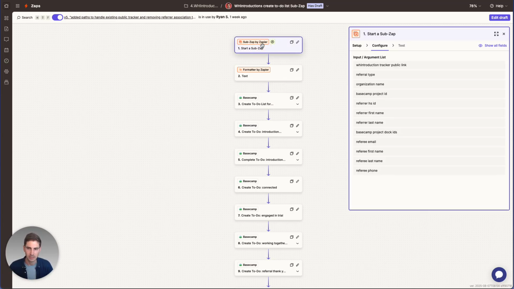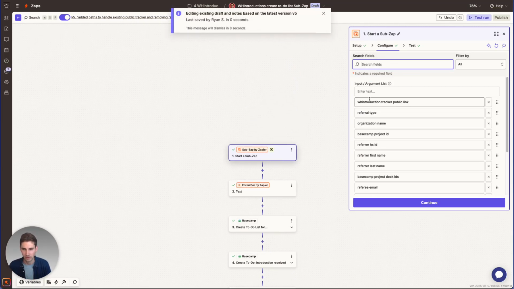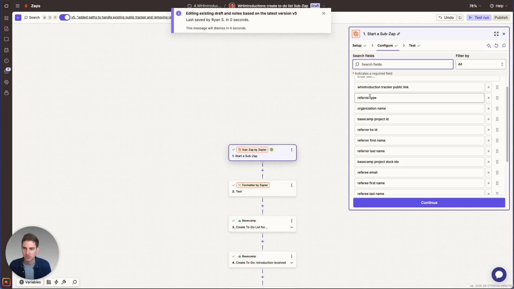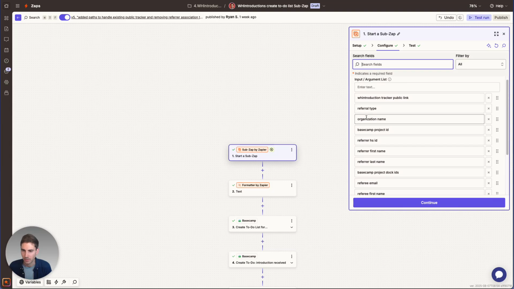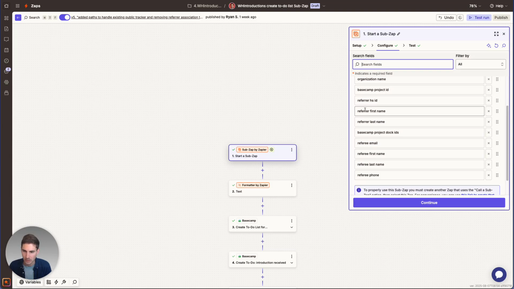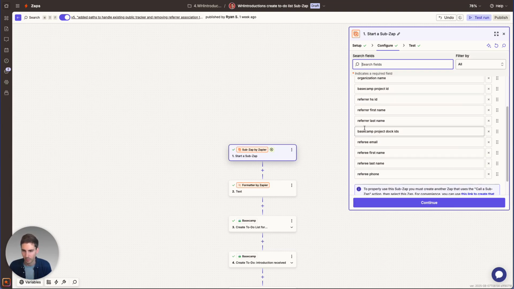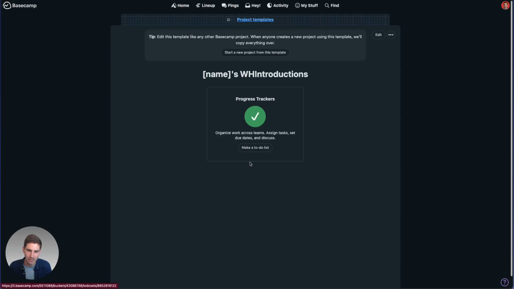So whenever you're creating a subzap, you can input whatever fields you need to collect from the other apps. So we've got our introduction public tracker public link, the referral type, organization name, Basecamp project ID, referrer HubSpot ID, referrer first name, referrer last name, Basecamp project doc IDs, referee email, referee first name, referee last name, referee phone. Basically, the doc ID is each one of these has a